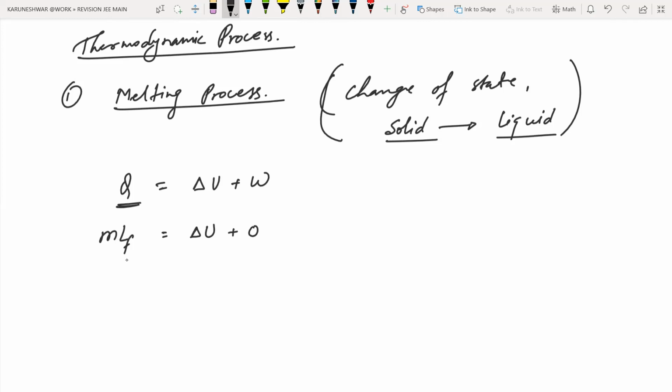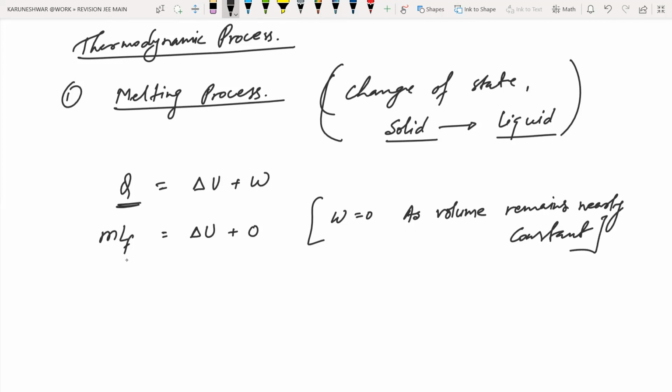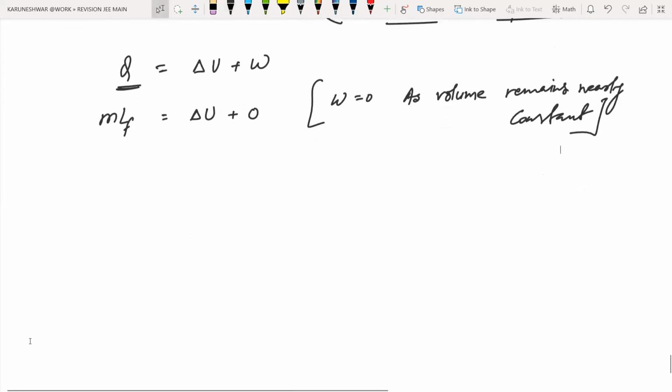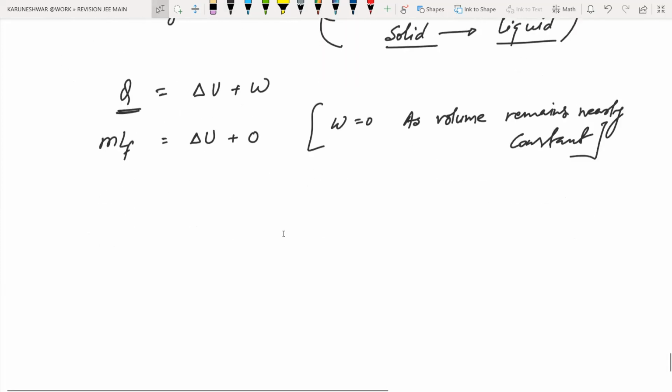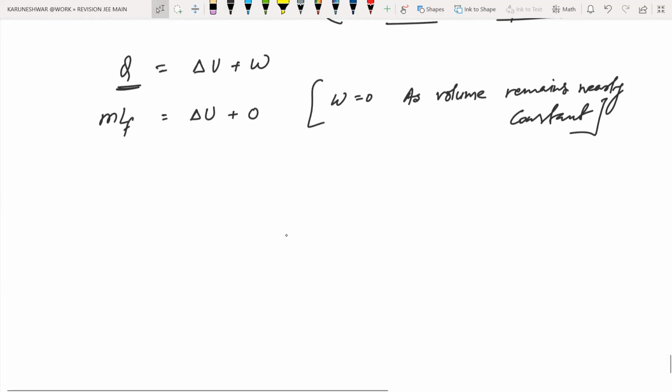और यहाँ पे वर्क डन होगा? नहीं होगा। क्यों नहीं होगा? वर्क डन नहीं होगा, इसके पीछे का राज ये है कि वर्क डन यहाँ पे जीरो हो रहा है। क्यों? क्योंकि वॉल्यूम चेंज नहीं कर रहा है, वॉल्यूम रिमेन्स कांस्टेंट। तो जो सॉलिड का वॉल्यूम था और जो आपका लिक्विड बन रहा है, इसके वॉल्यूम में कोई चेंजेस नहीं हो रहा है, इस कारण से यहाँ पे वर्क डन जीरो होगा। क्लियर? अब दूसरा पार्ट है, मेल्टिंग जब भी होगा तो फर्स्ट लॉ ऑफ थर्मोडायनेमिक्स का मतलब जो हीट सप्लाई आपने किया, वो हिडन लेटेंट हीट होगा, और वो सारा का सारा टोटल चेंज इन इंटरनल एनर्जी में चला जाएगा, क्योंकि वर्क तो हो ही नहीं रहा है।